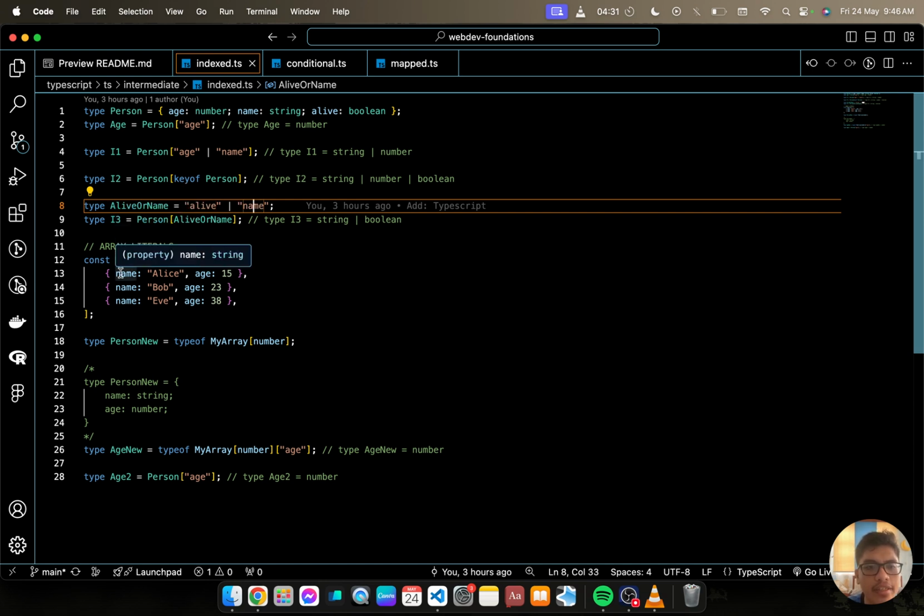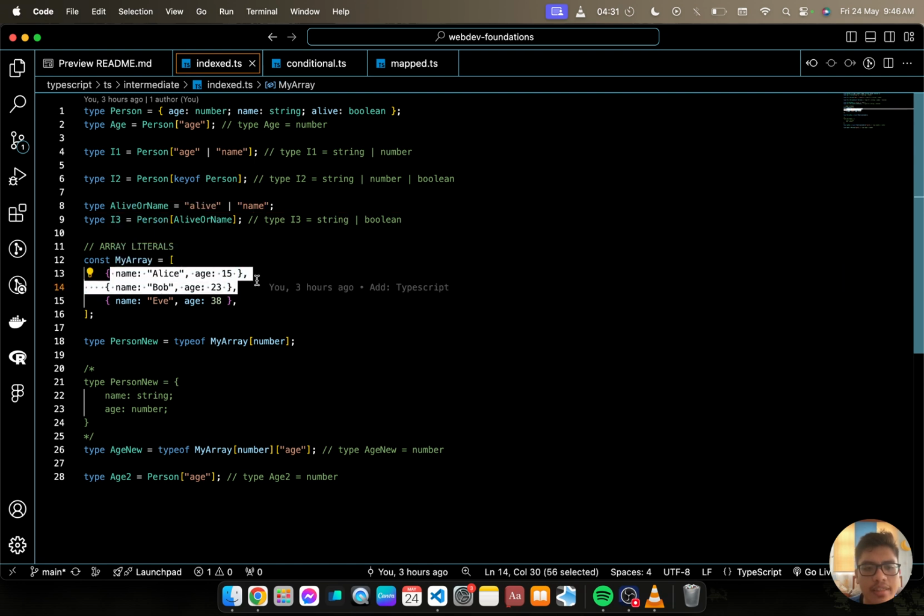Const myArray. So we have here PersonNew equals typeof myArray[number]. Okay? So as you can see here, myArray has name and age. So when we get PersonNew, we have name string, age number, which is the corresponding type of a specific row or specific item of an array.